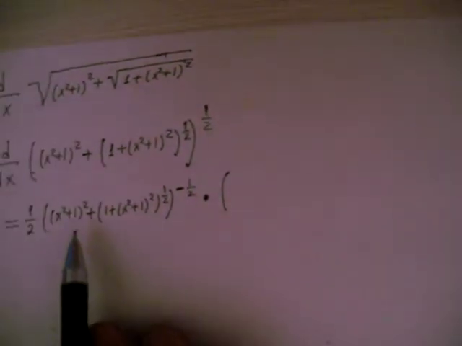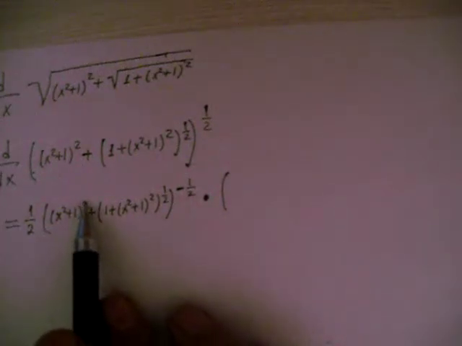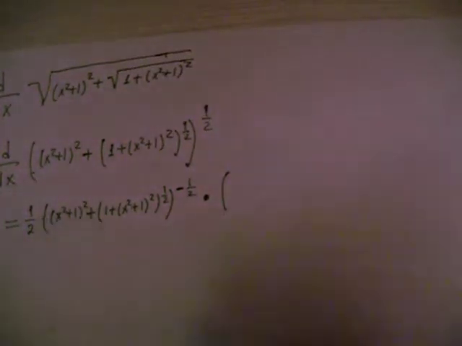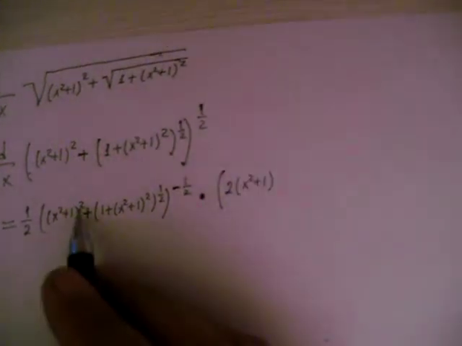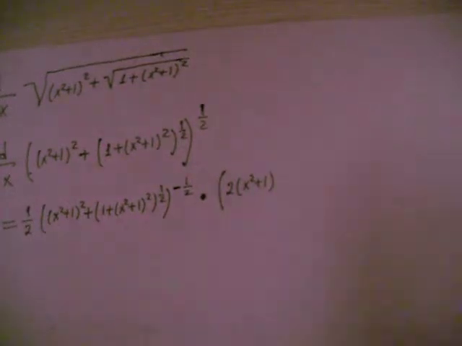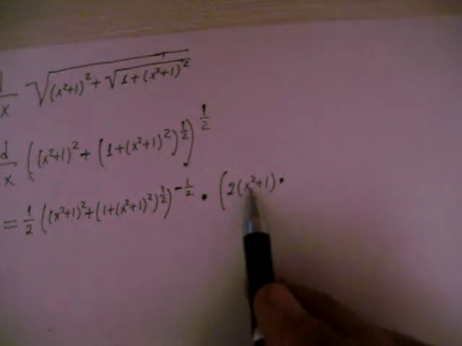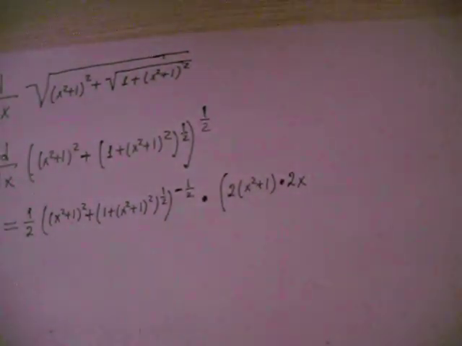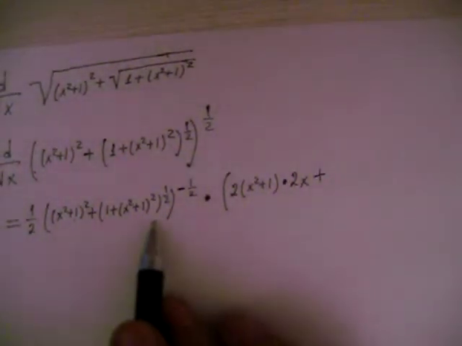Okay, we have x squared plus 1 quantity squared, so our outer function is square, and we will start with outer function. So 2 goes in front of the parenthesis. 2 times x squared plus 1, 2 subtract 1 is 1, so we don't have to write it, times derivative of inner function, derivative of x squared plus 1 is 2x. Okay, this is our first term of inner function, and we have plus